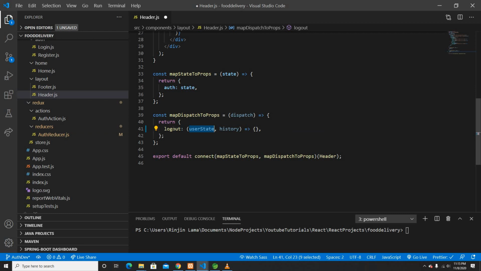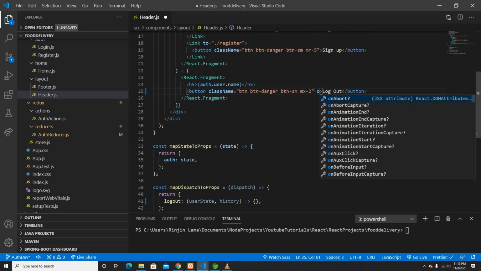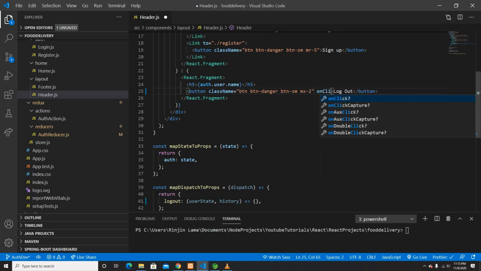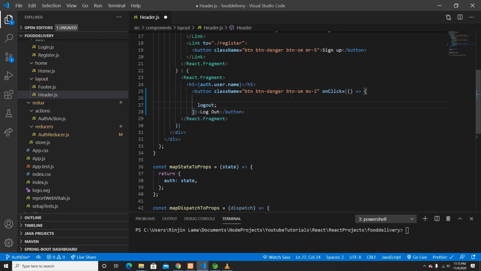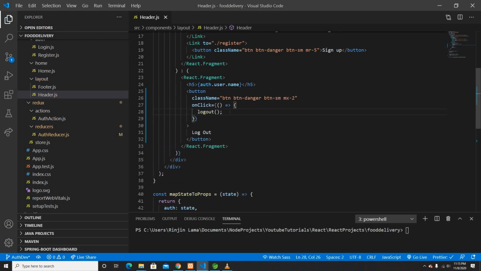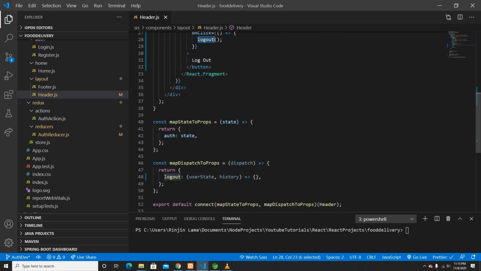So now what I'm going to do is click this logout button and create the event here. The event is going to be onClick. So whenever the logout button is clicked, it will just do a logout. That's all. It's going to do a logout here. And yes, I will pass the history just to make sure